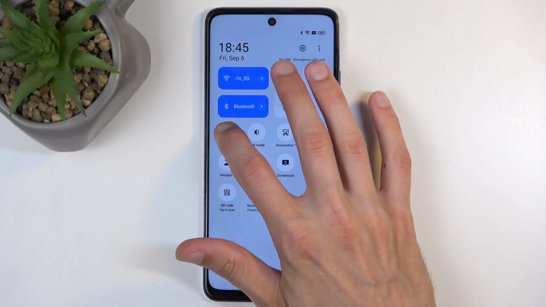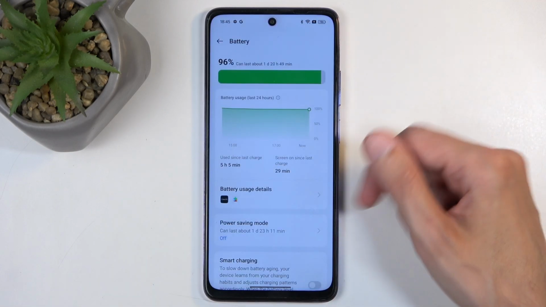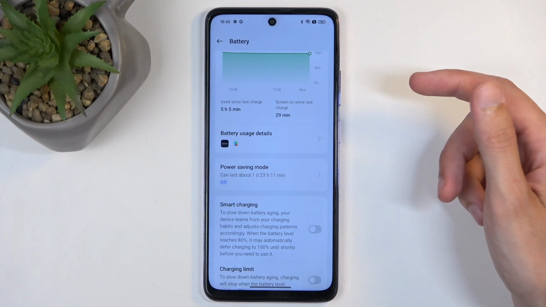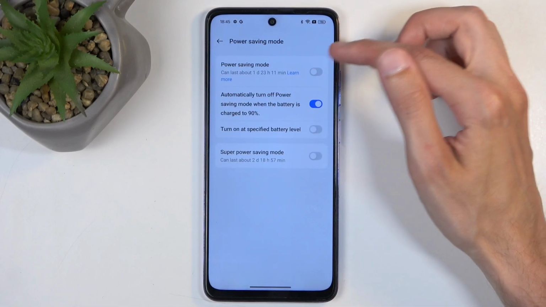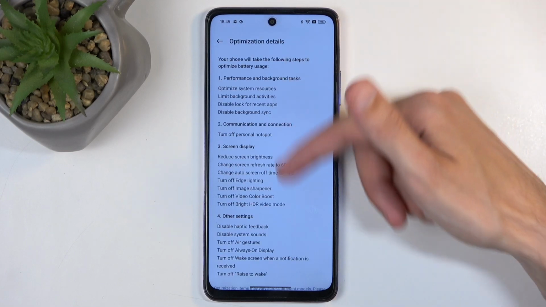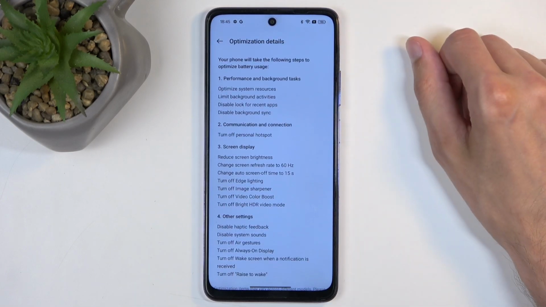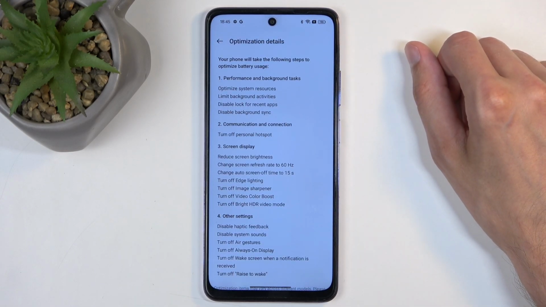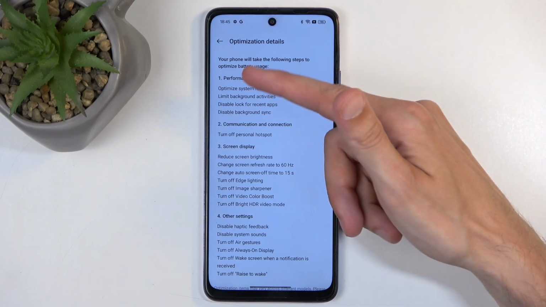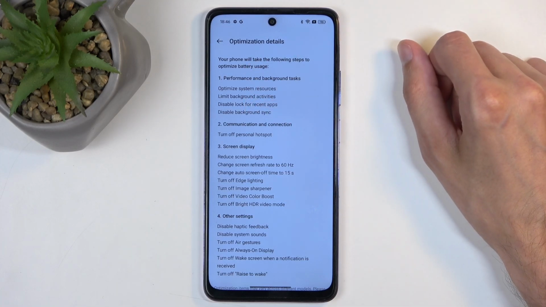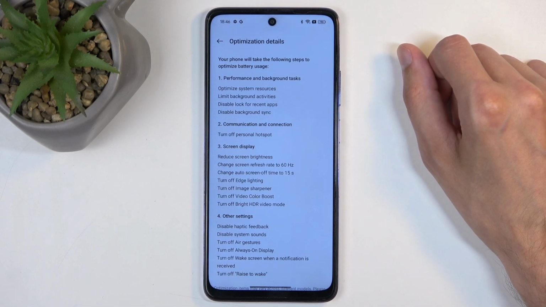in the background. So if we hold this toggle, hopefully we can have some more insight into it. Power saving mode, let's click right here, and there we go. So we have power saving mode. We can click on learn more, and this gives you a laundry list of things that will be changed when enabled. The most important thing right here to keep in mind will be the performance and background tasks section right here. So optimizes system resources, meaning it's going to close applications in the background, limits background activity, again going back